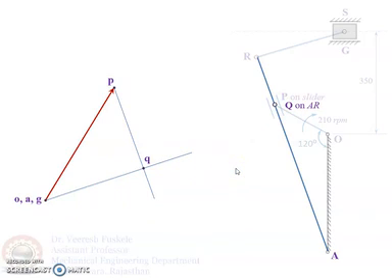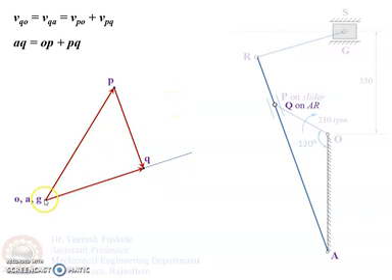The sense of the vectors PQ and AQ will be given as per the vector equation as follows. Velocity of Q relative to O, or velocity of Q relative to A, will be equal to velocity of P relative to O plus velocity of Q relative to P. So AQ will be equal to OP plus PQ. So accordingly, we will draw the direction sense of the vectors. So you can see that OP plus PQ will give us AQ.